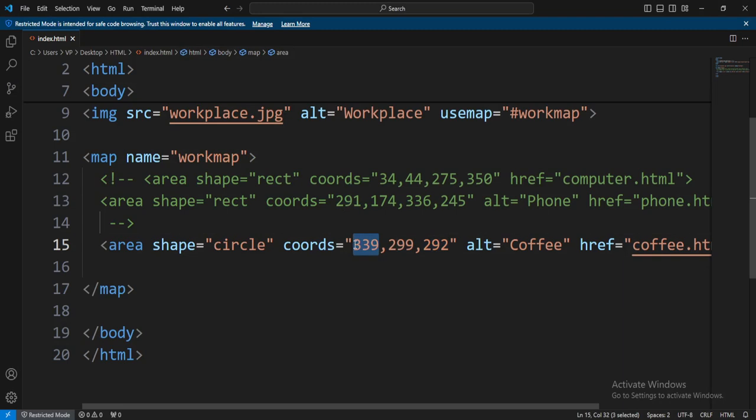This 339, we are going to minus it with what? With 292. That is, we are going to minus our x value from our second x value. This is our first x value, and this is our first y value, and this again is our